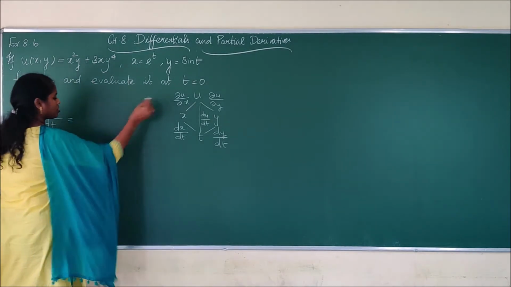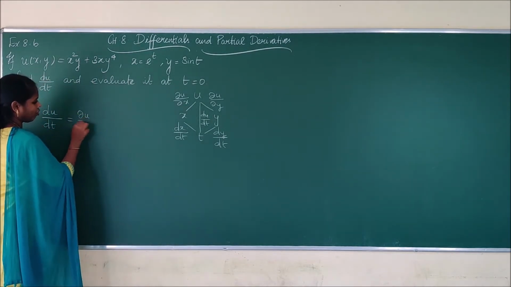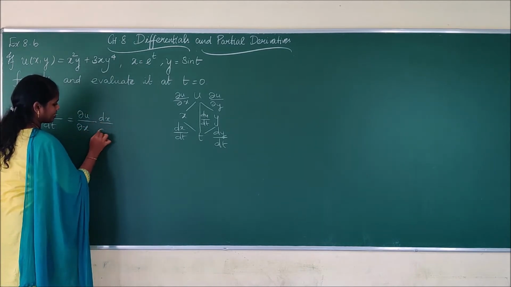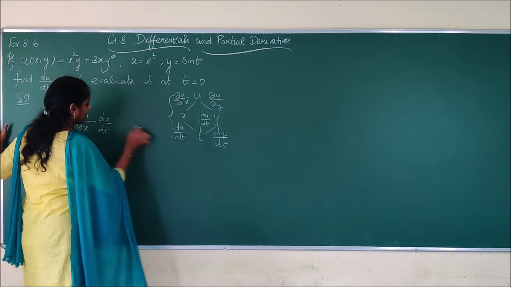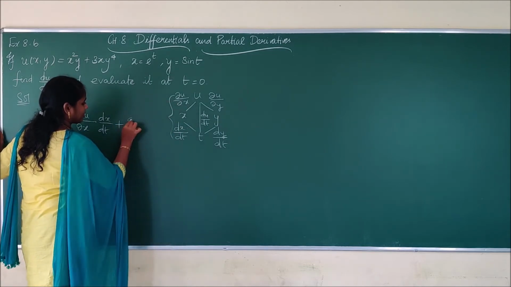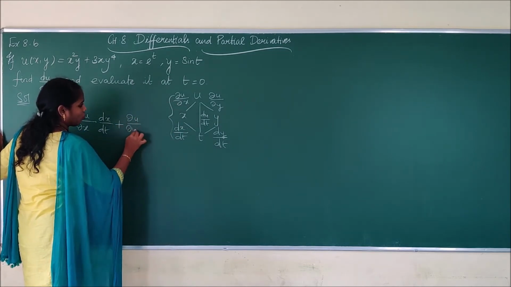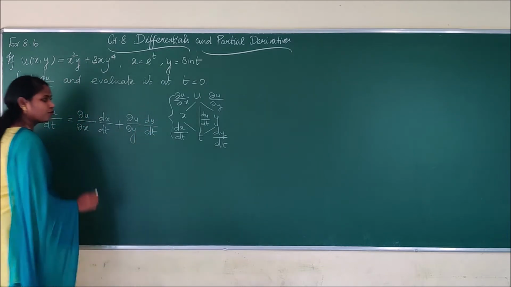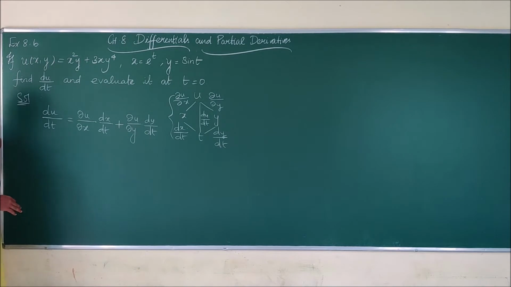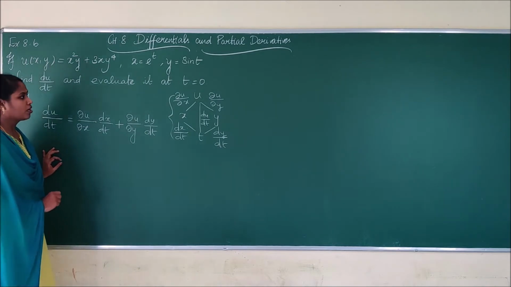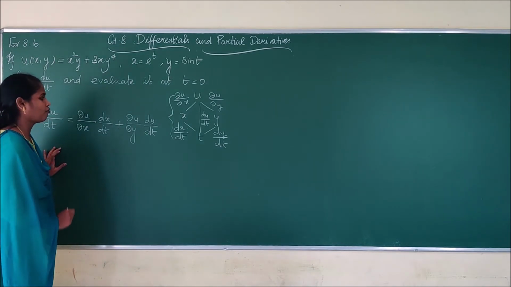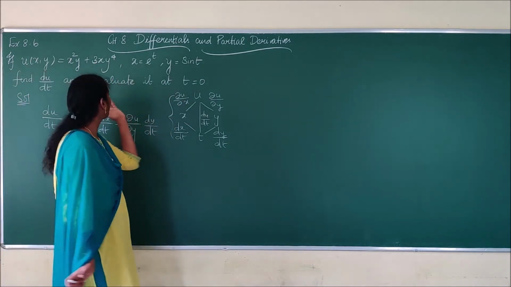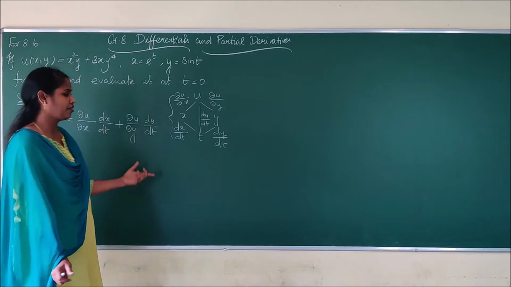Now I am going to use this to write the formula, that is dou u by dou x into dx by dt, plus, I have taken this side plus that side, dou u by dou y into dy by dt. You have to frame the formula like this only. If you mug up the formula, it will not be easy, you will forget the formula. So it is better to write the given question in this form and derive the formula.